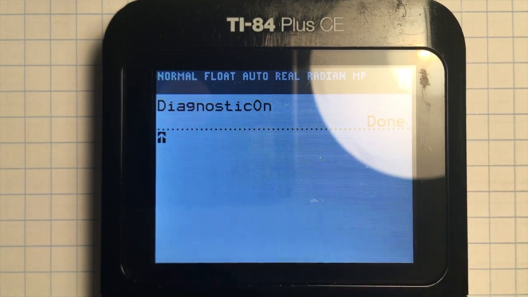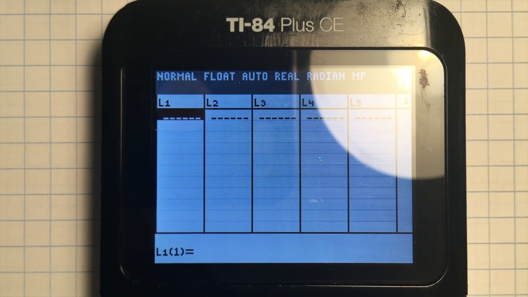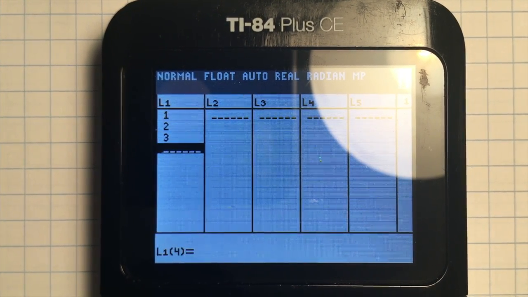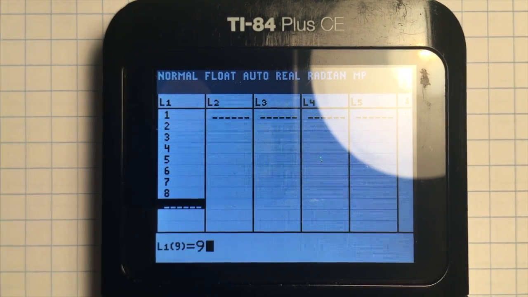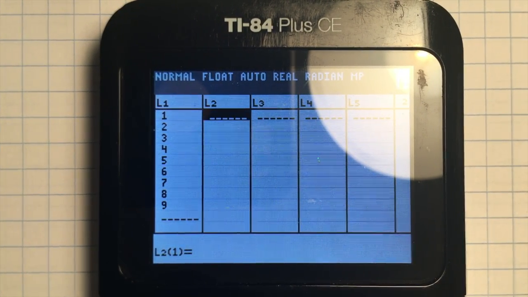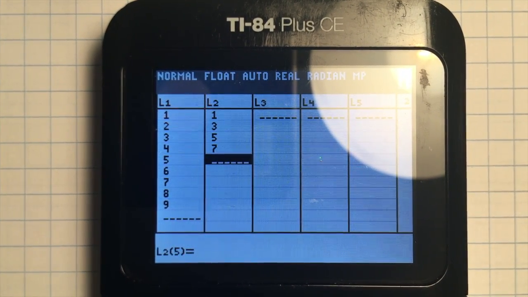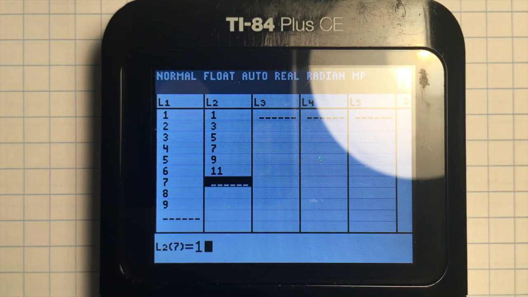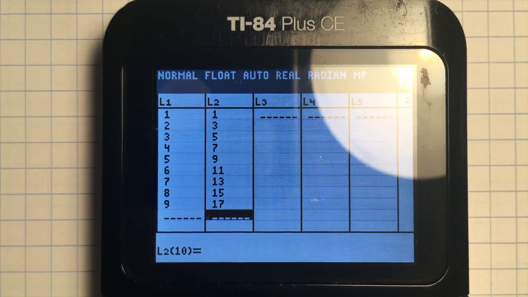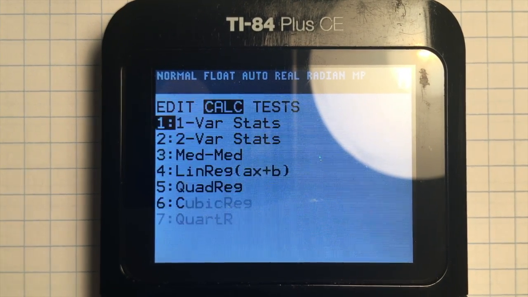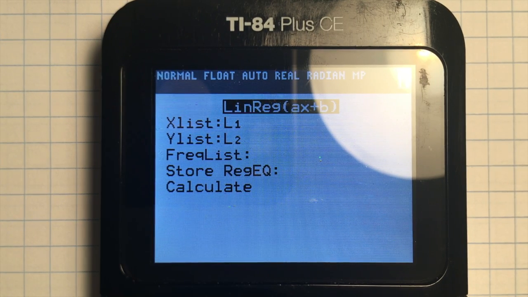So now, if I enter some items into a list, let's see, let's do 1, 2, 3, 4, 6, 7, 8, 9, and then I can enter 1, 3, 7, 9, 11, 13, 15, 17. So now if I do a linear regression on that, let's see, LinReg, let's store it in